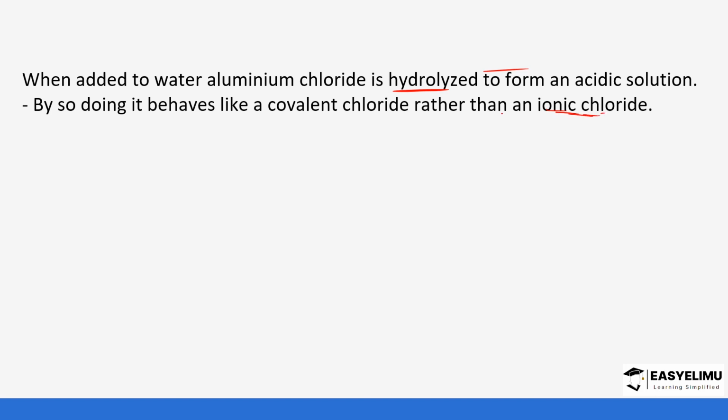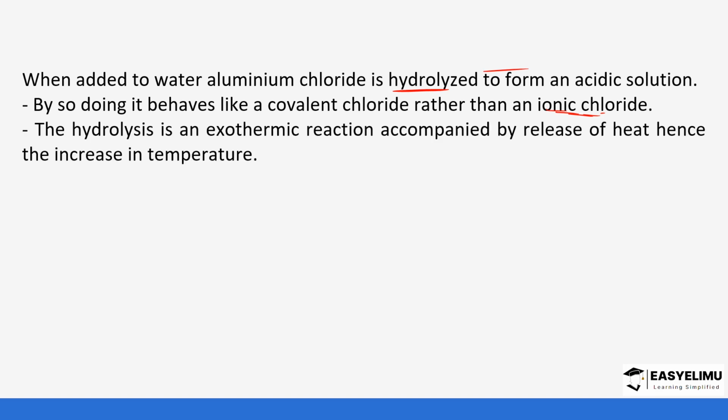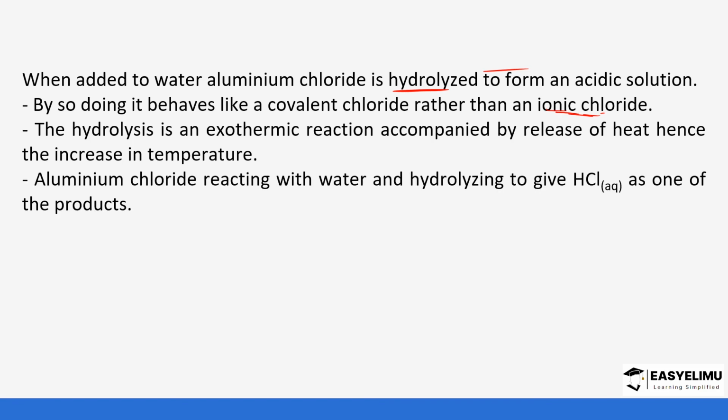So if you put a blue litmus paper in a solution where aluminium chloride has been added, you'll notice it's going to change from blue to red. Unlike when you put the same blue litmus paper in a solution where sodium chloride and magnesium chloride has been added. Another unique property with aluminium chloride, remember it's behaving like a covalent